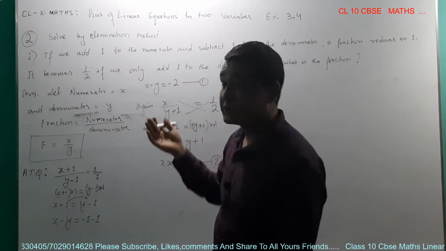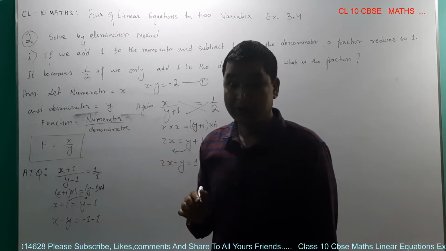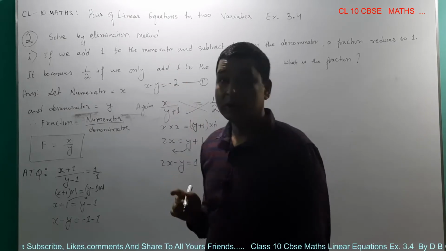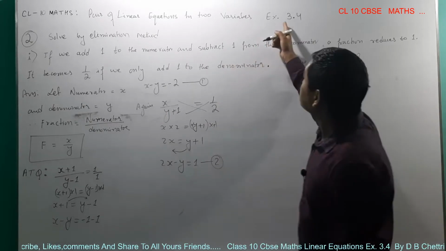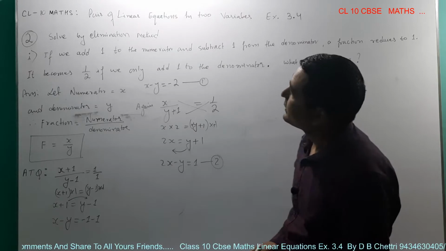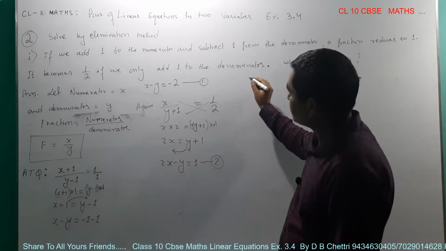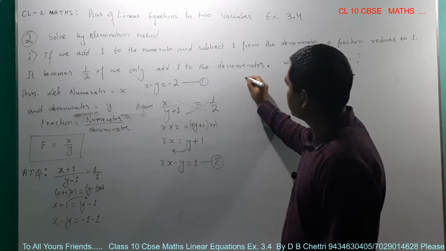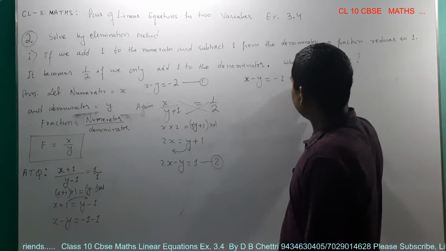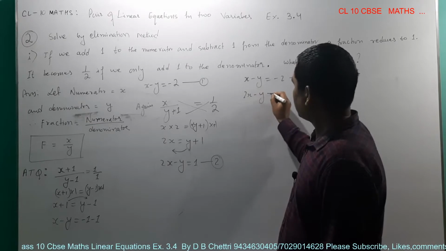method. In the previous exercise we solved all the questions by substitution method. If you want to learn substitution method, please go to exercise 3.3. Now let's write both the equations together. x minus y equals minus 2, this is equation 1, and equation 2,